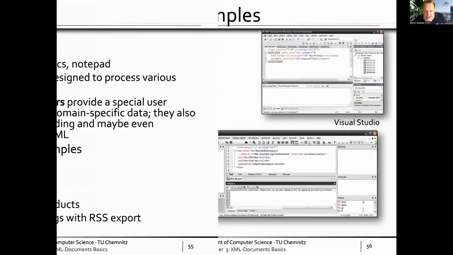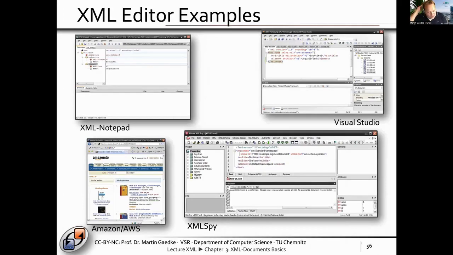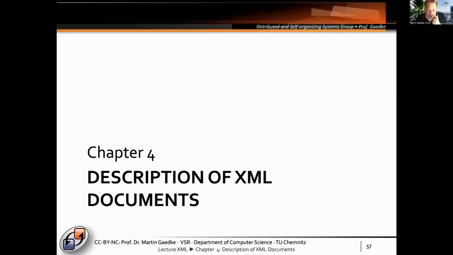So examples for XML editors of all kinds. Here you see some old Visual Studio version. Here the XML Notepad from Windows. There is XML Spy, a very expensive tool which has support for all kinds of special XML applications. Here you see support for XML, support for document type definition, schema, XSL, XQuery, and those kinds of things. Okay, so let's talk about,